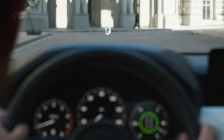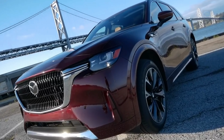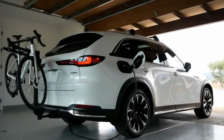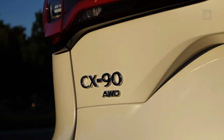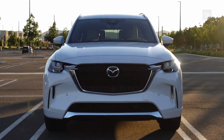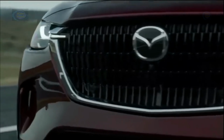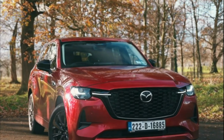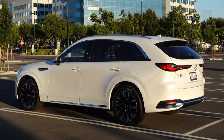With its rear-wheel drive-based underpinnings and turbocharged inline-six engine, the 2024 Mazda CX-90 is the Japanese automaker's strongest argument yet that it's a premium vehicle brand. But BMW and Mercedes-like chassis and powertrain architectures alone are not the only arbitrators of what makes a high-end vehicle, and the exclusively all-wheel drive CX-90's